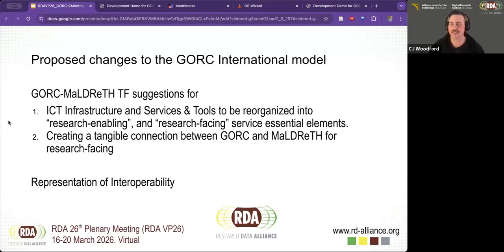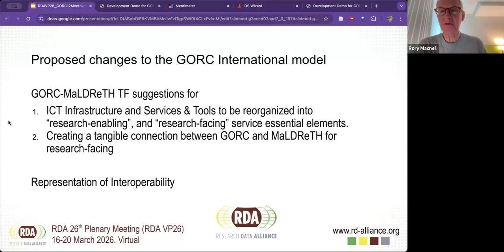Rory, could I just ask, thanks? This is all fantastic stuff, the various enabling resources that are being developed for GORC, which you're describing, which I wasn't aware of. So this is brilliant.